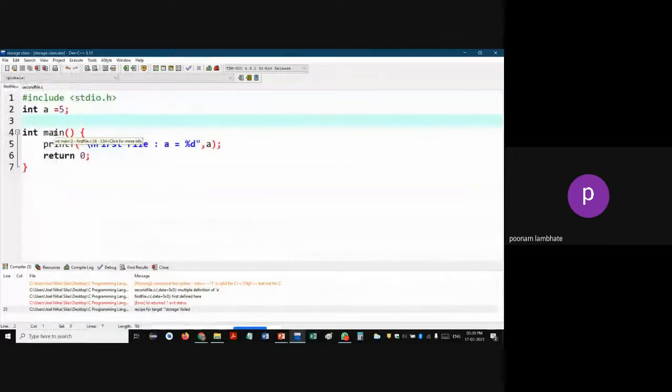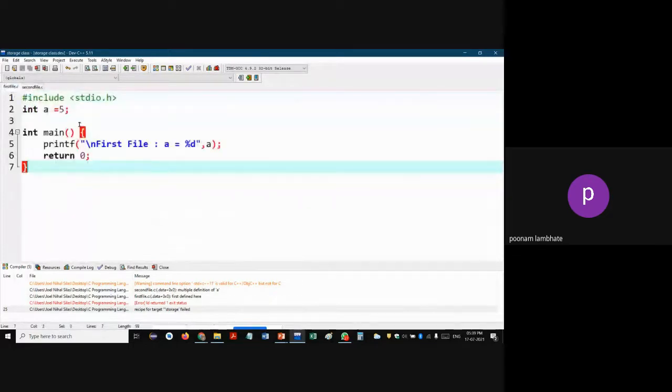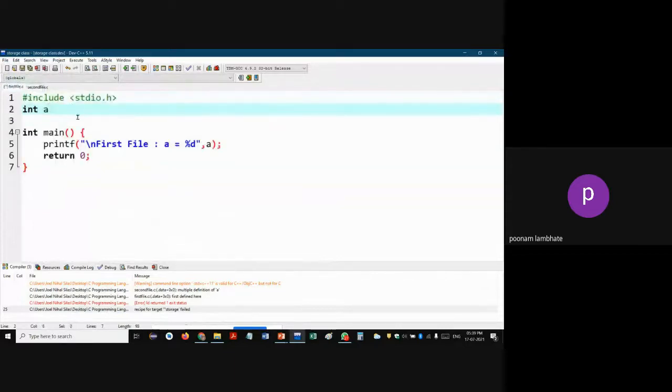One is, and since this is a project, the files are linked to each other. So you don't have to include them as a header file in your first program. You can simply access the data from another file in your first file, or the data from first file can be accessed in another file. So here what I will do, I want to use the a which is in my second file. Okay, this a I want to use, which is in my second file. So here the syntax to do this is,